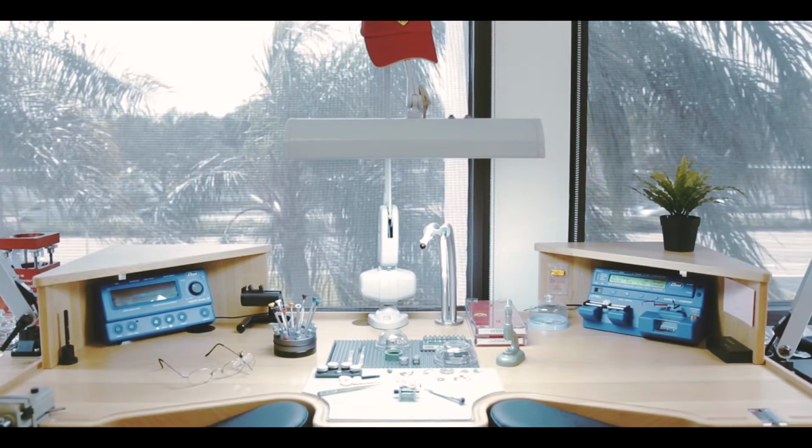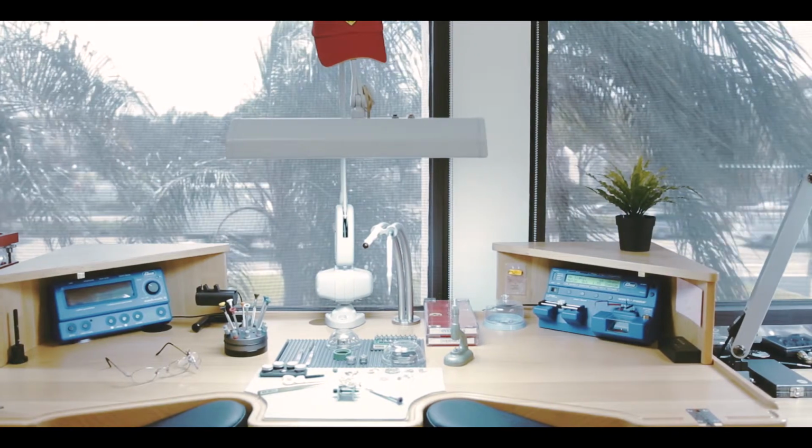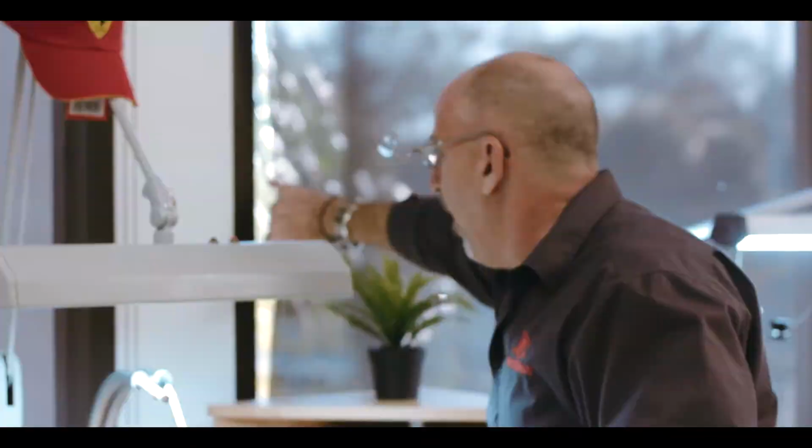Absolutely. One of the things we do here, we have a south-facing window. So especially in the wintertime in South Florida, UV light could be very detrimental to, as you said, our lubricants and the watches. We have both. Behind here we have UV block, but we also have these screens. And that allows us to still have ambient light. You brought your standards with you, and you really, absolutely,